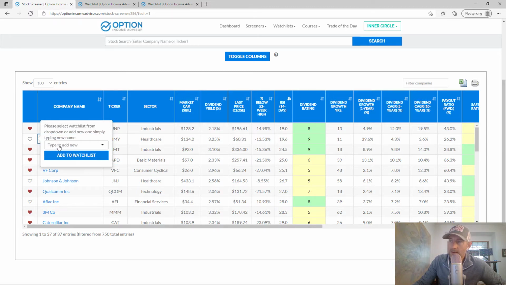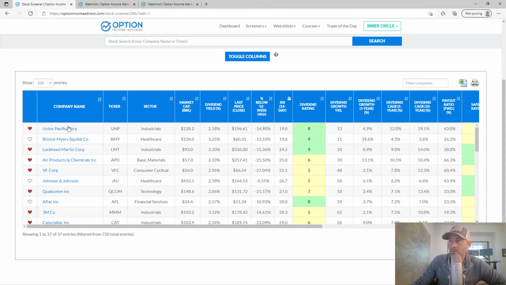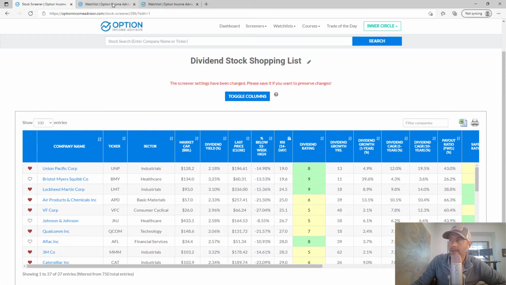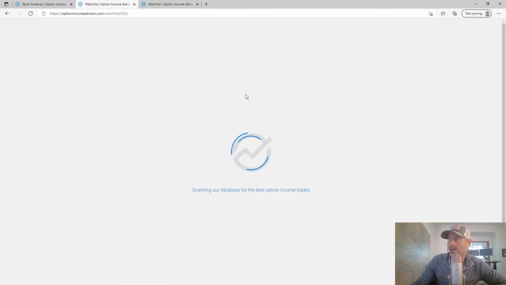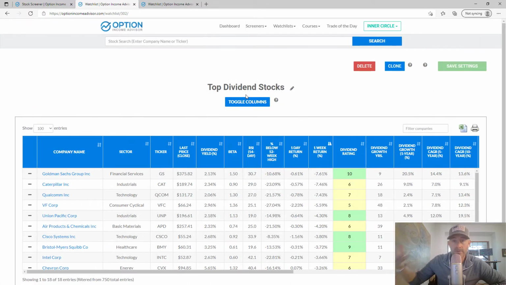If you don't have a list created, you can create one just by typing in there, but you can see I've got this list called top dividend stocks. I'm just going to add that to our list. And so how do we get to our list once we've created it? So here's our list called top dividend stocks. How did I get to this? So now you go over to Watchlist, and you can see any watch list that you create will show up here, and you can create as many watch lists as you want. But this is our top dividend stock watch list, and these update every day with new data, right? So you can keep track of